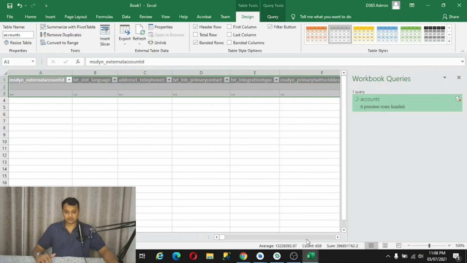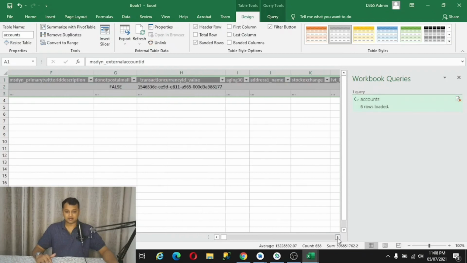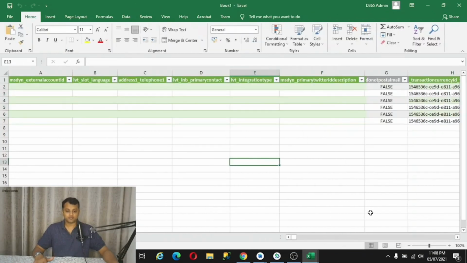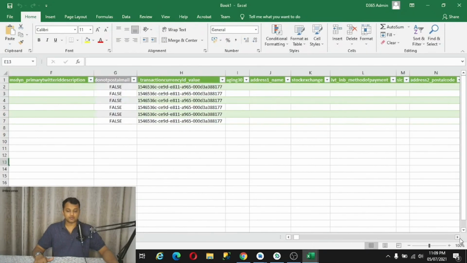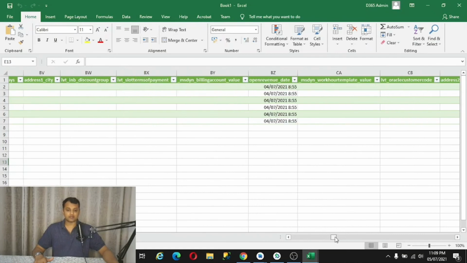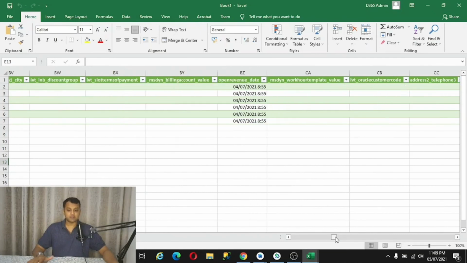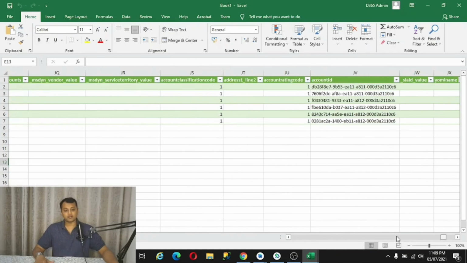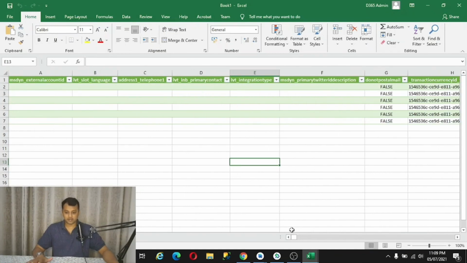As you can see, it has again created a tabular format for us to view the data in Excel and do the extraction. In this method, we will not be updating anything or creating anything on CRM.